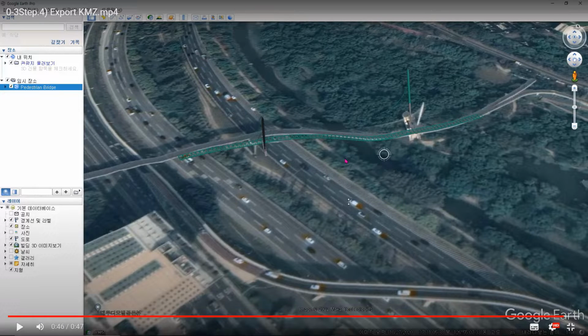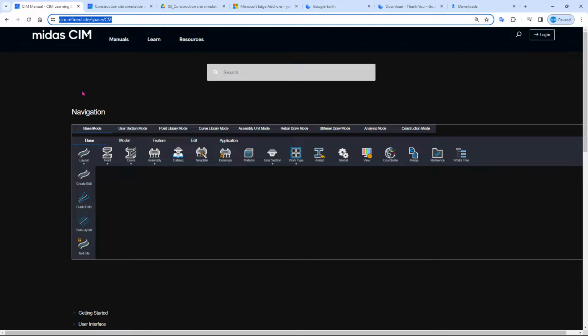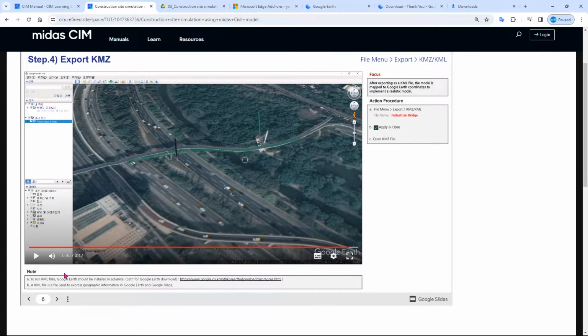So the important part is to check whether the coordinate is correct or not, depending on the real life situation. Okay. Yeah. So maybe after classes you can explore the navigation of the CIM, and you can also